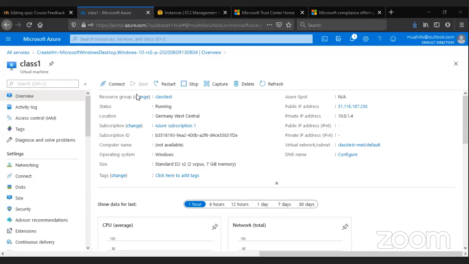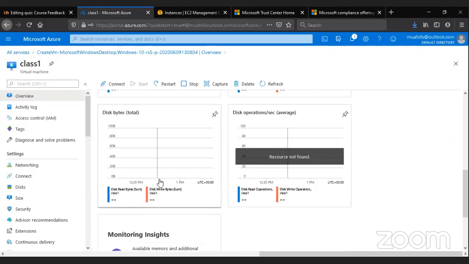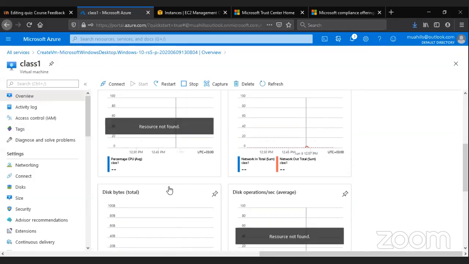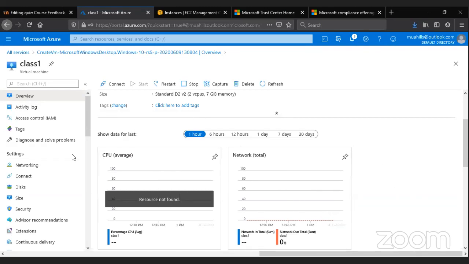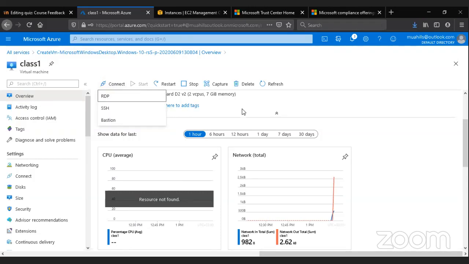It's the same thing basically, even on Microsoft. So let me share this screen briefly. So here we are with the instance that is running in Germany West, and the server is running. We have the details and the IP, and we can immediately monitor the performance, resources, disk capacity, CPU, and everything. So we can access it the same way we were connecting to it.